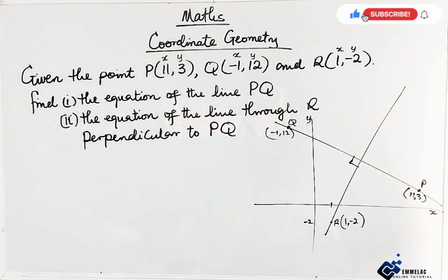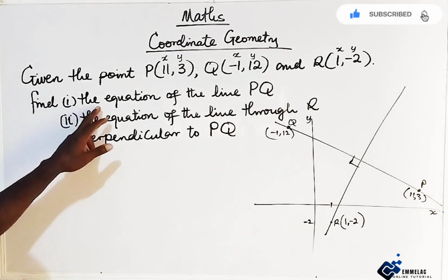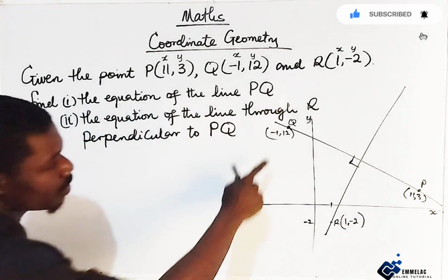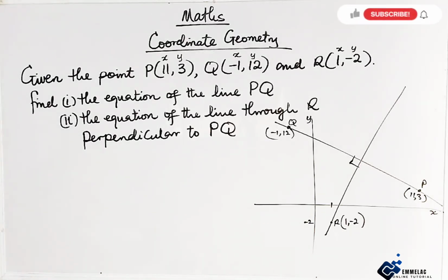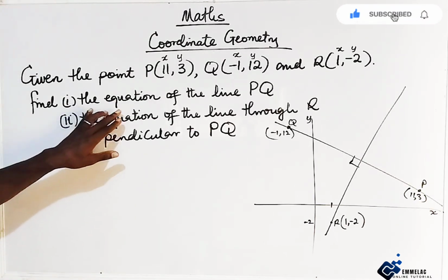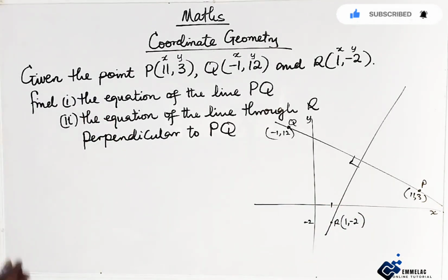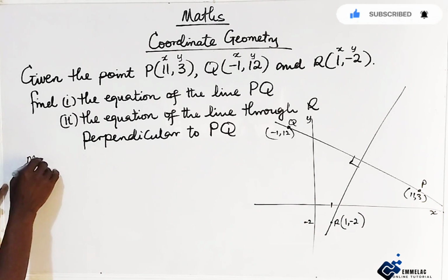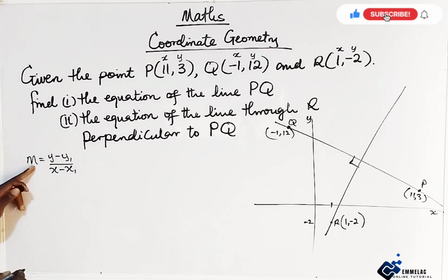First, we are told to find the equation of the line, so we have to find the equation of this line. How then do we do that? Let's recall, finding the equation of a line with 2 coordinates, we have m equals y minus y1 all over x minus x1,